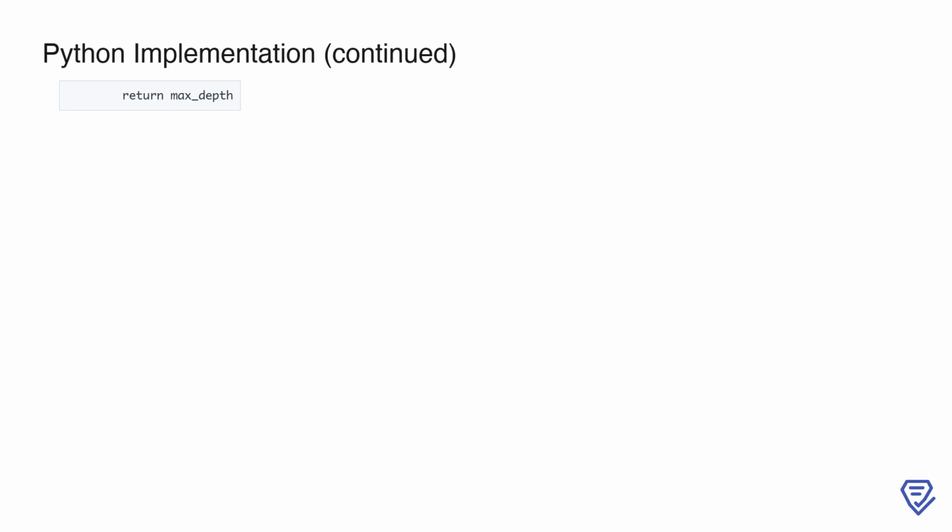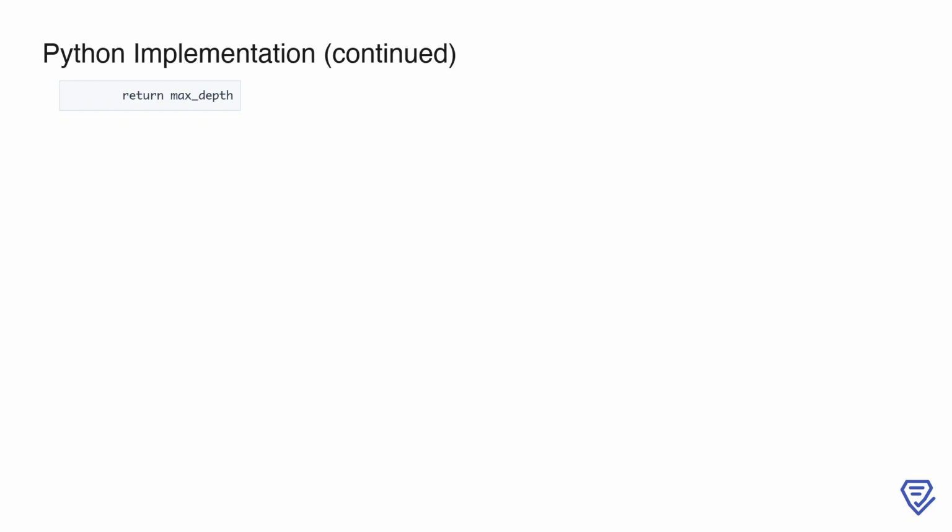Finally, after all values have been inserted into the binary search tree and their respective depths calculated, we return the max_depth variable. This value represents the maximum depth of the BST that was constructed based on the given insertion order. By using this approach, we ensure that the algorithm efficiently calculates the depth while adhering to the properties of a